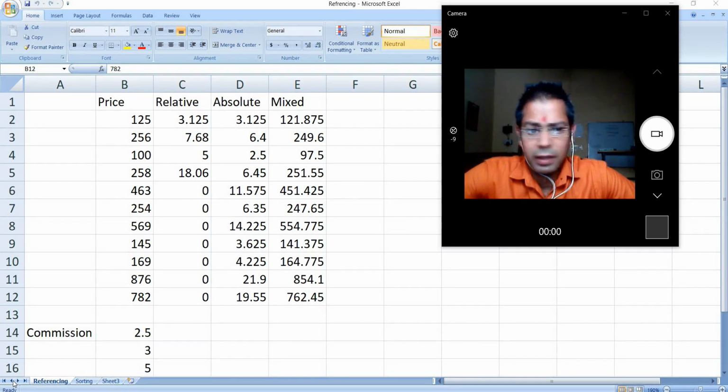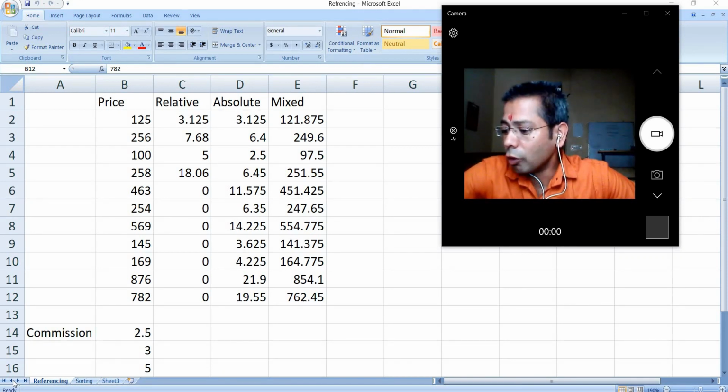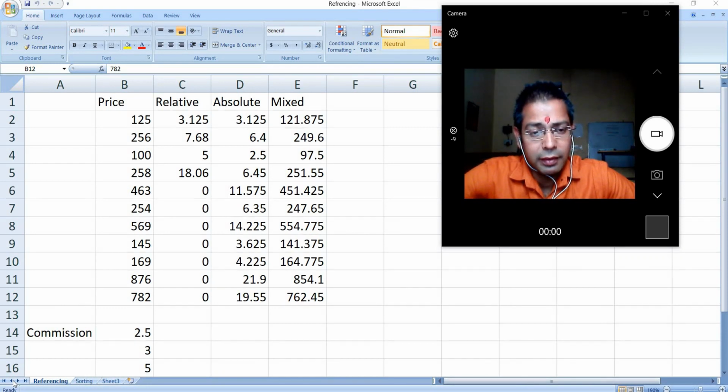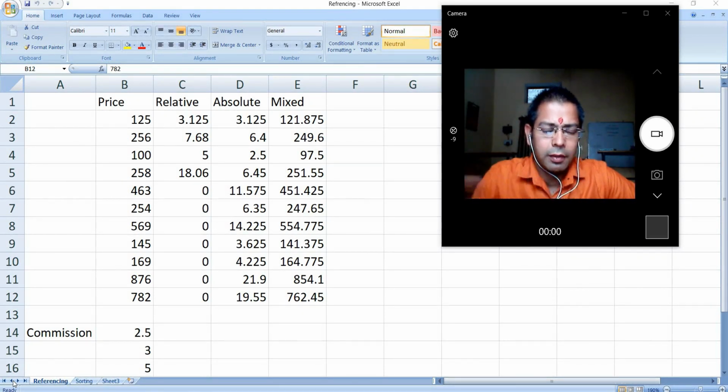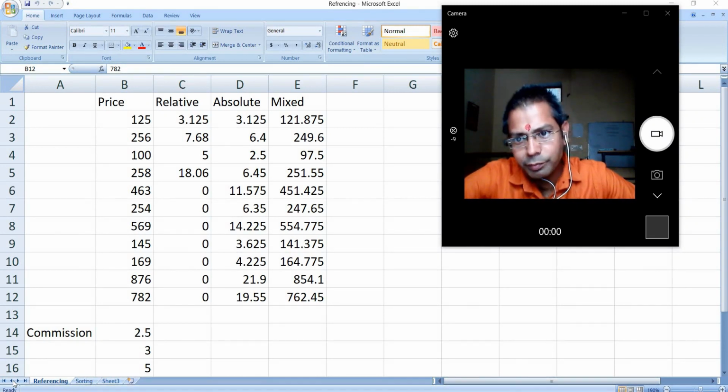Now we begin the topic, and the topic is cell referencing. We know that a cell of an MS Excel spreadsheet is formed by the intersection of rows and columns. So the cell address consists of two parts: column name and row number.